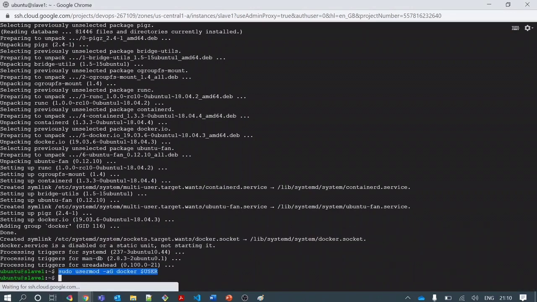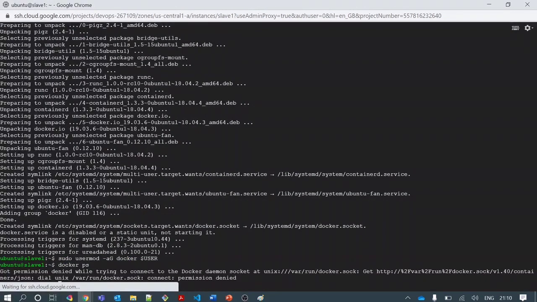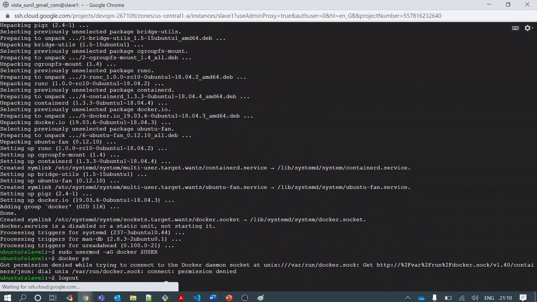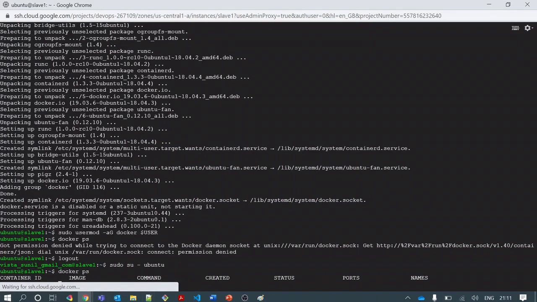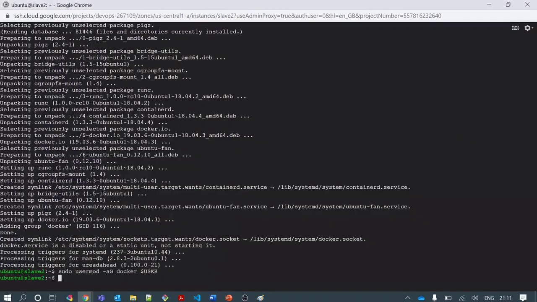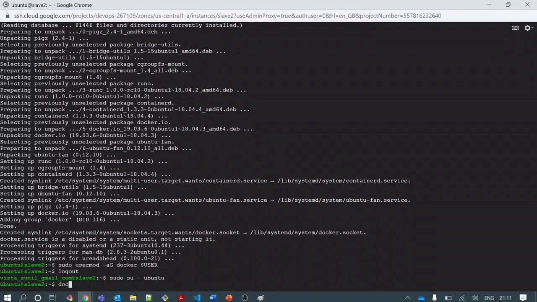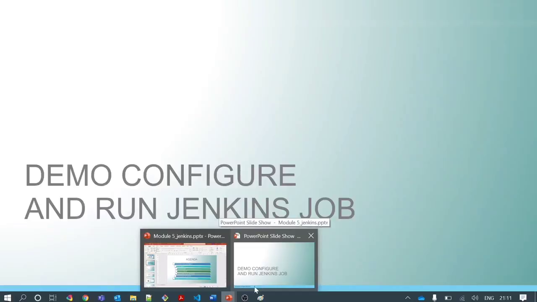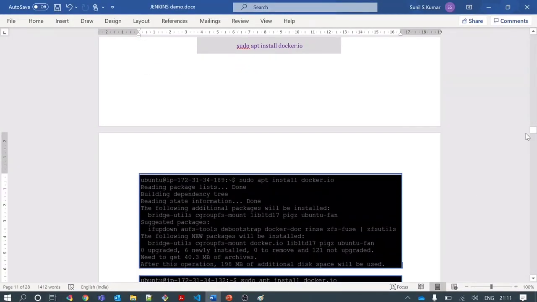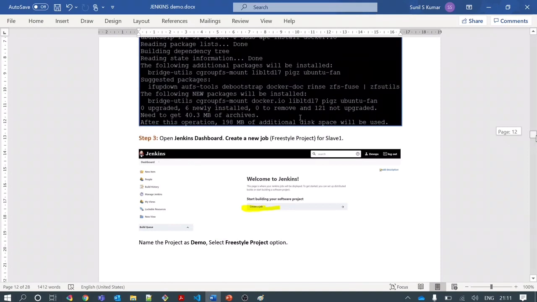Okay, so it will not take effect immediately. If I try to do docker ps, I will get permission denied. After adding, I need to refresh. I need to log out and log in again to my account, and then I will be able to run Docker commands, right? You see, after logging out and logging back in as the Ubuntu user, I am able to run the docker ps command. There is no container, so I do not see any output. Similarly, log out here also on slave 2 and log in again, and I should be able to run my Docker commands well. So this is where I have installed Docker and I am able to test it. Correct? What next?